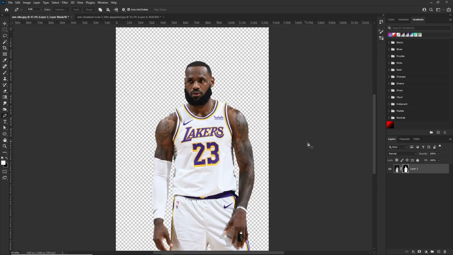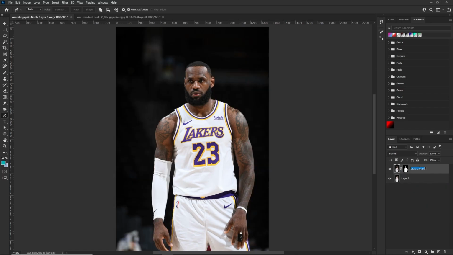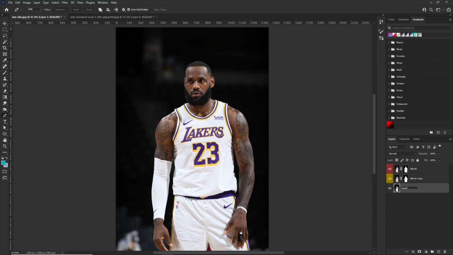Now the only problem that we have is we want to keep our background, so just duplicate this layer by pressing Ctrl J, and we're going to right click on the layer mask, delete this layer. I'm going to name this LeBron. I like to make a duplicate just in case, so I'll make a duplicate LeBron copy, and then I'll just color code them just so I know what's up, and I'll set this as the background, and probably put this in the group,